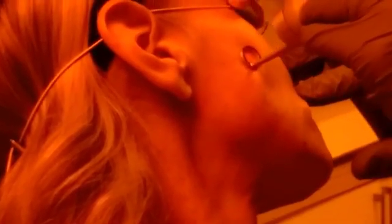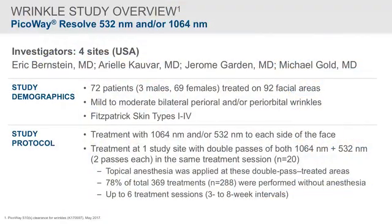So in treating wrinkles, clinical results, first thing I'd like to show is a treatment because it's really cool to see the laser in action. So here we have a video of a laser treatment in action, and you can see, because this is 1064, the actual treatment beam's invisible, but you're seeing the reaction in the skin from each of the 101 treatment zones. You can beautifully see the grid appearing on the skin, which is kind of fun while you're treating. Get to see that. And there's a nice snap, and then you see kind of a reaction in the